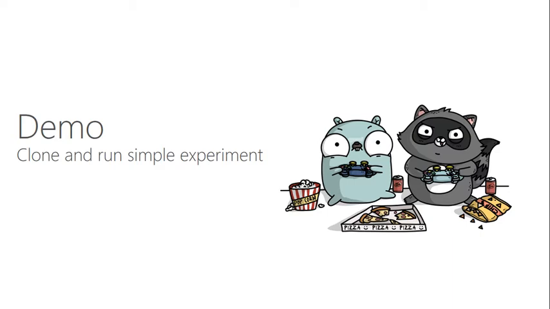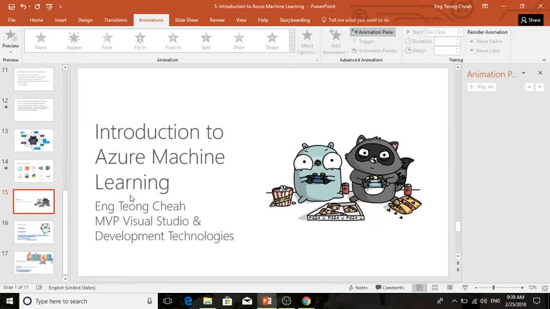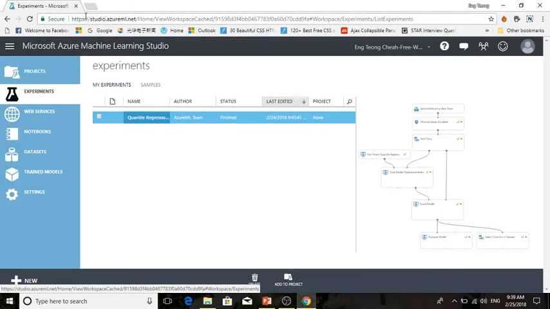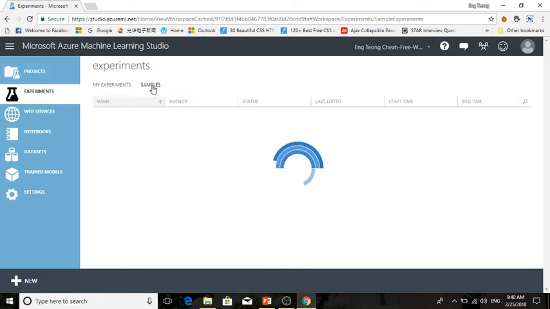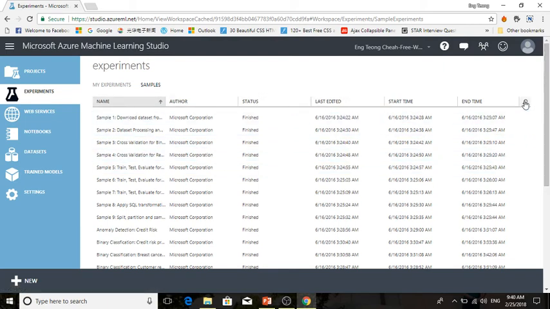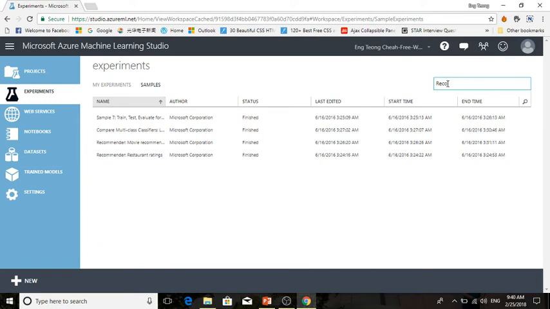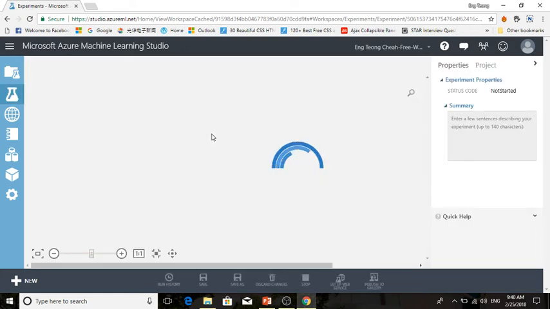And let's start with a demo. This demo will teach you how to clone and run a simple experiment. First, we go to experiment and click on samples, and we search for movie recommendation and click in,